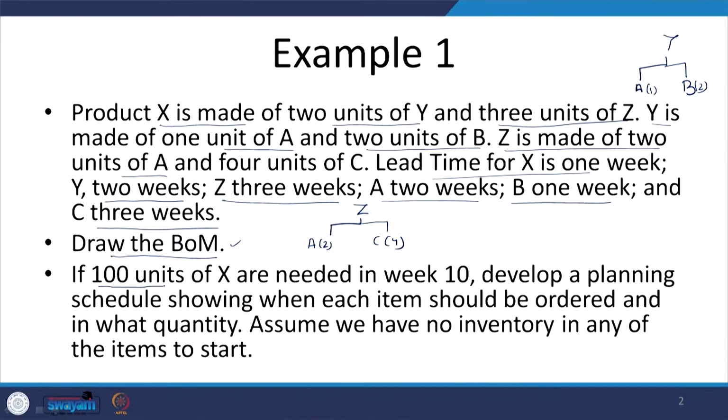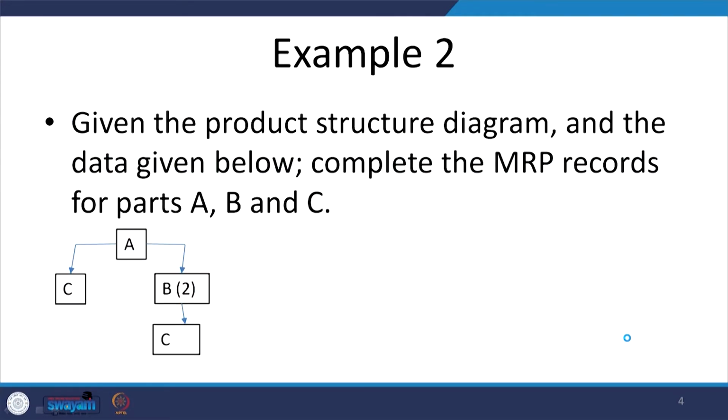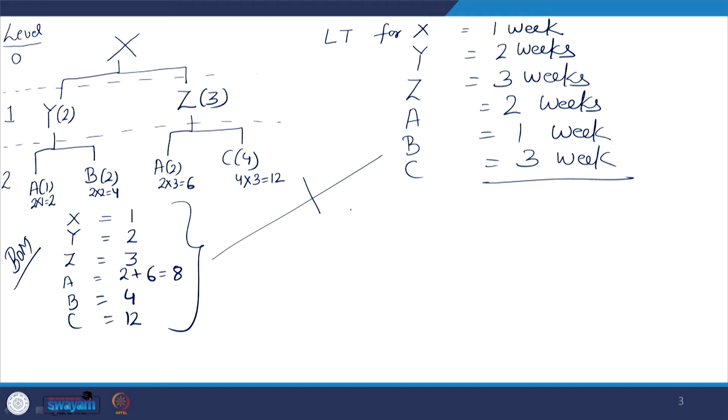So, it says that we want 100 units of X in week 10 and develop a planning schedule showing when each item should be ordered and in what quantity. Assume we have no inventory in any of the items to start. So, there is 0 inventory available in the beginning of the problem and we want 100 units of X in week 10. For that purpose, you can prepare